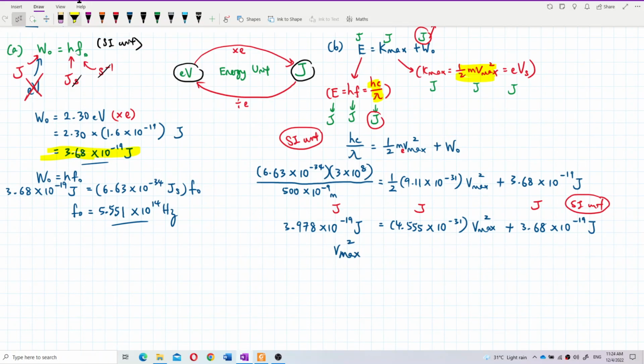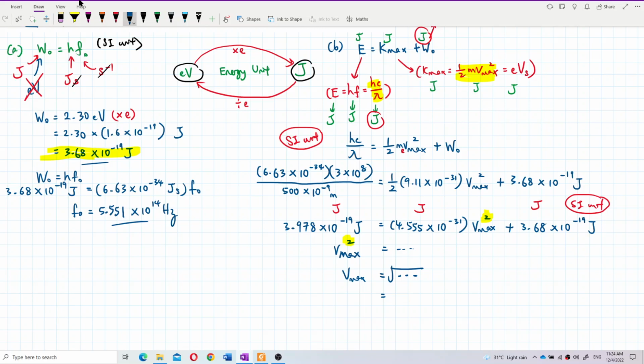So you still have a square you need to deal with. You have a square. Understand? You get your answer in Vmax square, so don't forget to square root. Many students forget to square root. So once I square root the answer,